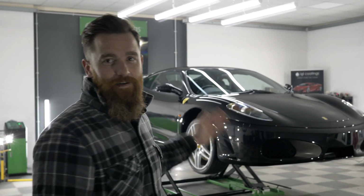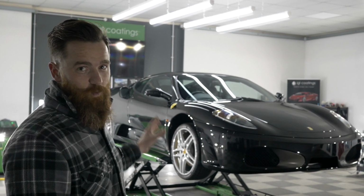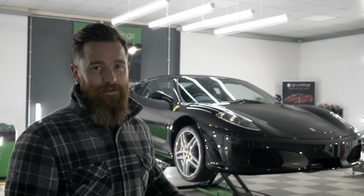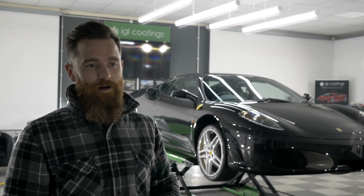Day 5, that is the car now fully complete. She's now wearing Absolute Wax's ballistic on all the paintwork, her glass has been sealed, wheels and calipers have also been sealed. This car was never going to be a 2 or even a 3-day turnaround, so massive appreciation to